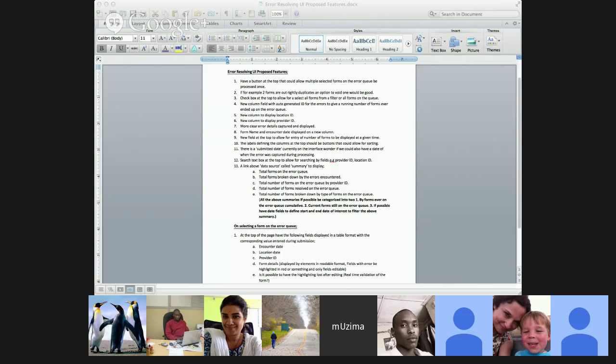So I'm looking at it in 2 ways: the possibility of resolving them and throwing them back to the queue immediately, or just resolving them and having the color on the error queue change. That way I can have 3 of them resolved and sitting on the error queue, select them, and do a multi-select and throw them to the queue using the button that I proposed somewhere down on that list. I don't know if that's a practical approach.